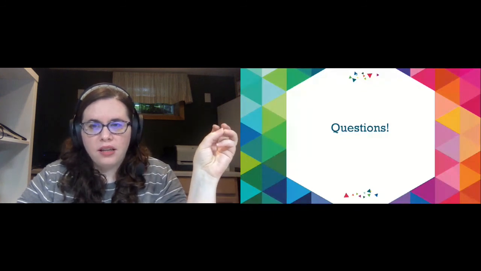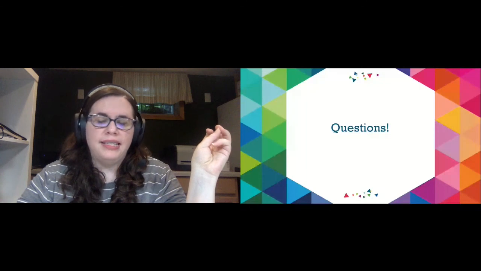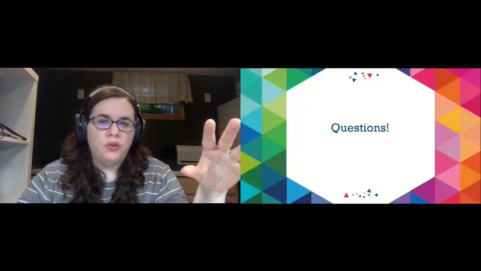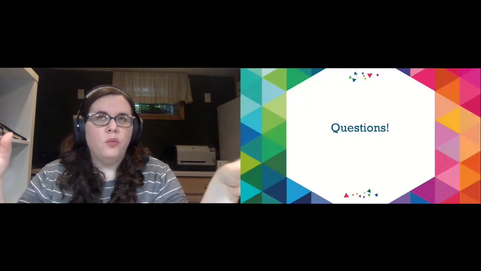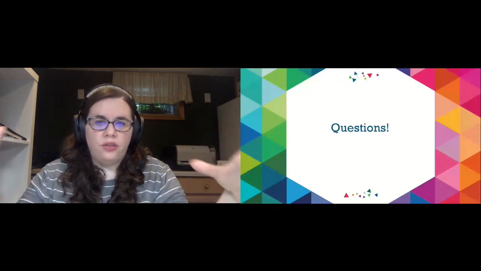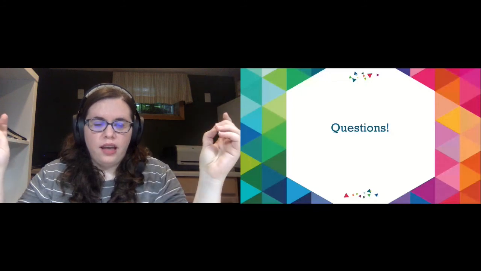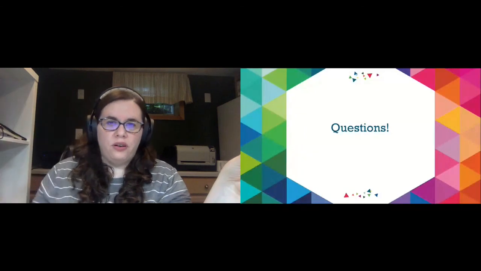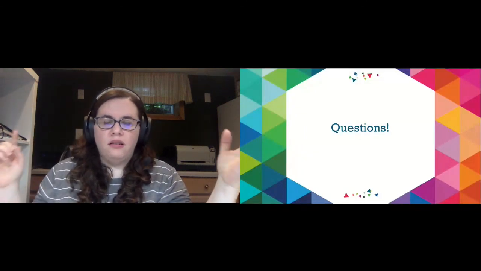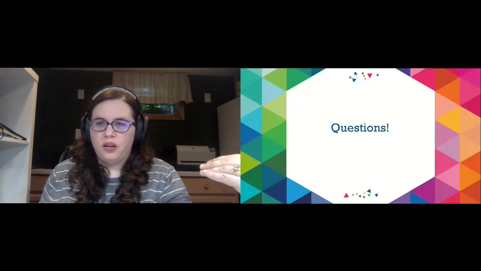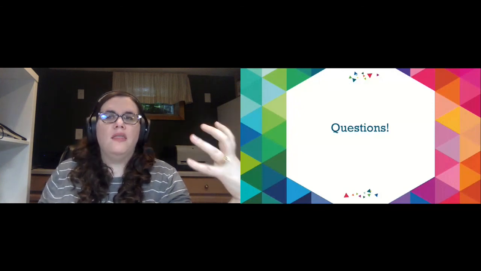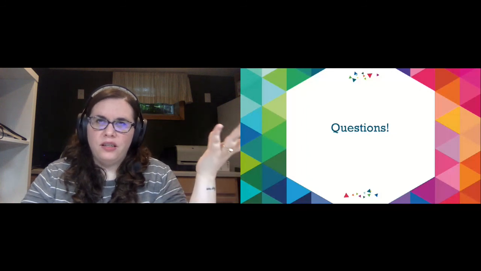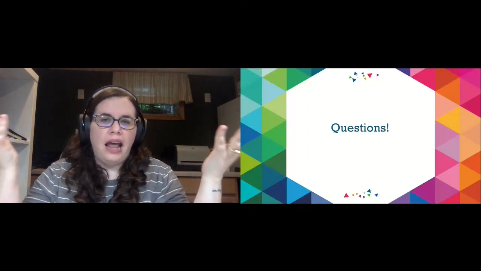How do you prioritize testing or accessibility fixes where you're at a deadline or crunch time? I would particularly look at the severity of the issue. So is it just the behavior is a little bit weird, or is it the entire thing is broken? So looking at how severe the issue is, and then along with where is it occurring? Again, if it's only in one combination, you can maybe try to push that off later. If it's across the board, that needs to be looked at. So it's a balancing act of how big of an issue is it in terms of user experience and how often is it occurring.